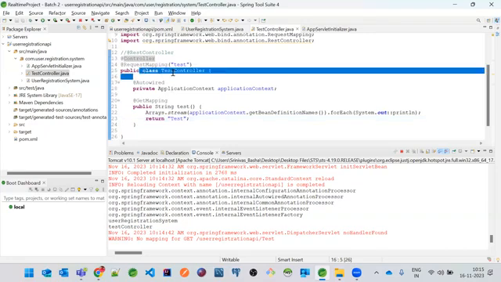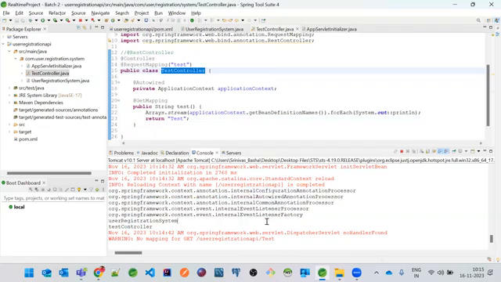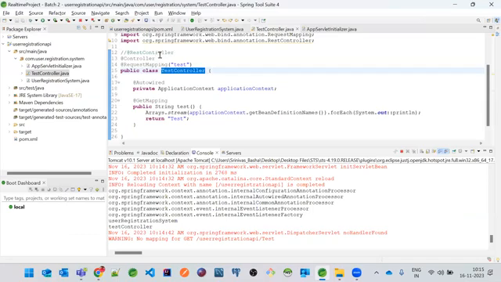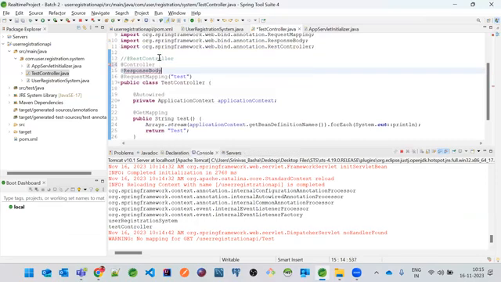That means the TestController object has been created, and these are all the annotations. Objects are created, but it is still not able to serve properly. The problem is, if you have @Controller only, and you don't add @ResponseBody, the response will not be mapped to the HTTP protocol.